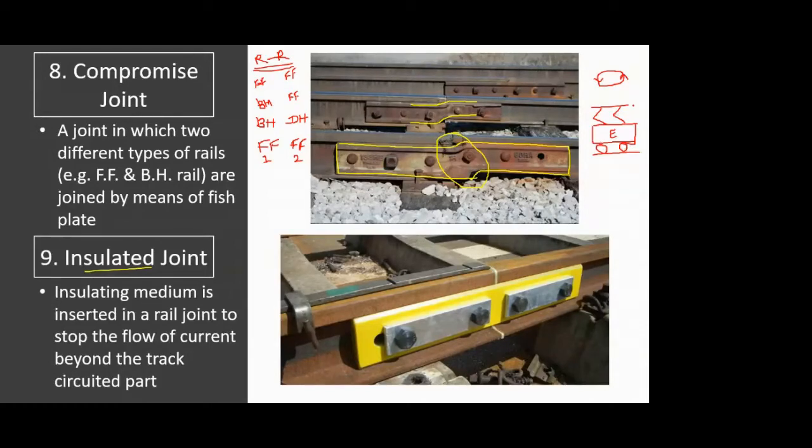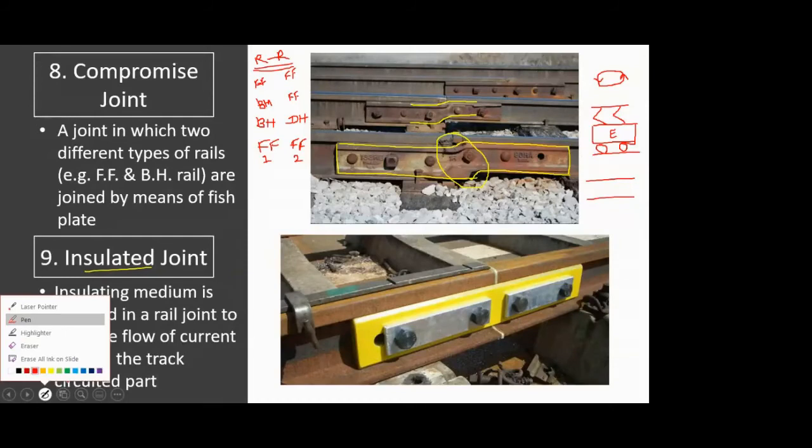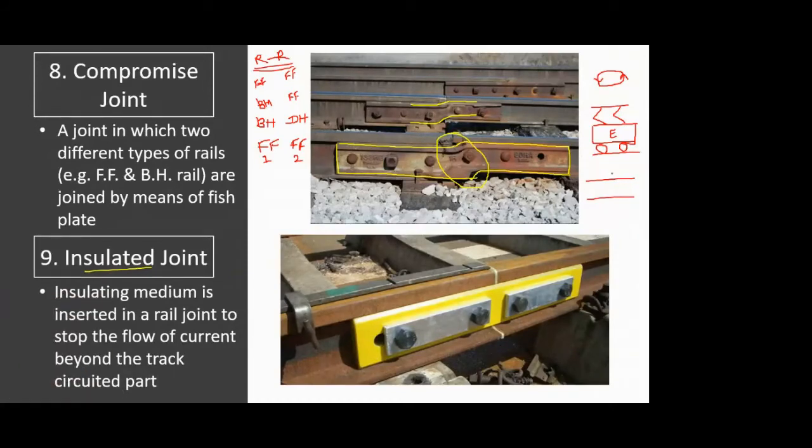The same way it works with the railways as well, but at certain locations you need to break this loop. Suppose you have this rail section. This is the plan that I am showing, and you have to break the electricity connection here. Suppose this is the rail, these are two types of rails, and suppose you have to join them.